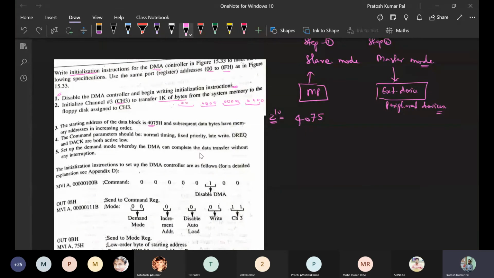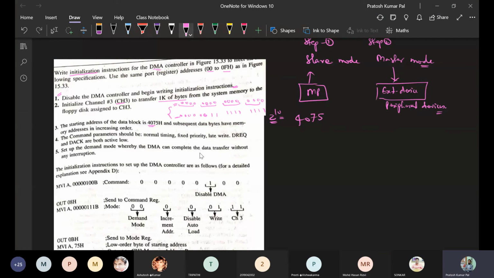Suppose this is the starting byte location. The end byte location will be where 10 bits are high, and the remaining bits will be low. So starting with this address to this address, there will be a total of 1K byte of data.